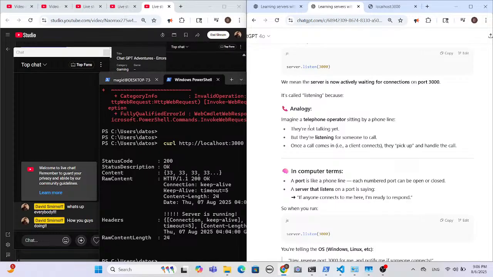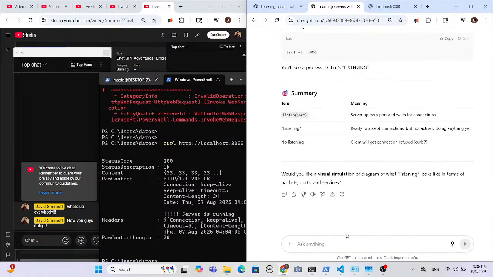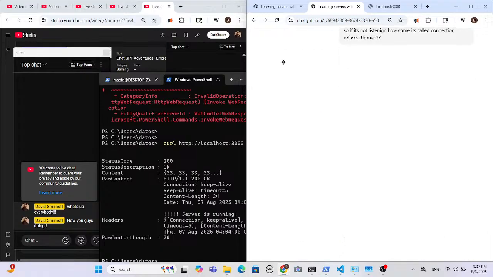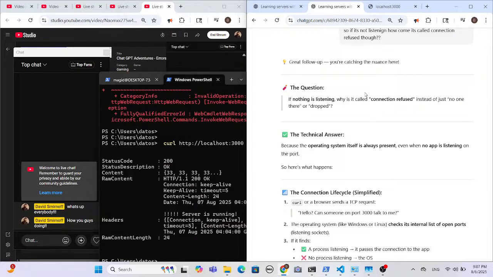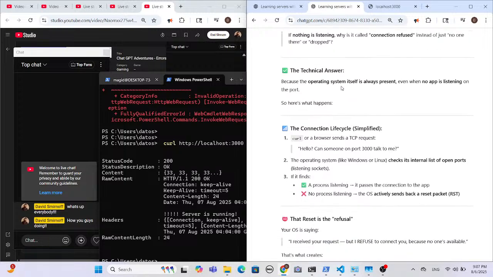Okay, so before it's not listening, that's why it gives the connection refused. So let's ask that real quick. If nothing's listening, why is it called connection refused instead of just no one there or dropped? Because the operating system itself is always present, and there are no apps listening on the port. So here's what happens: